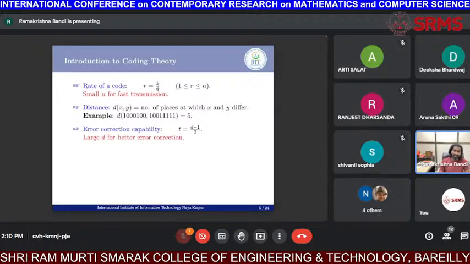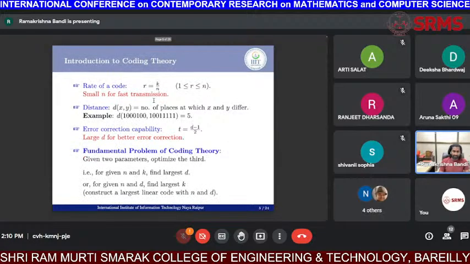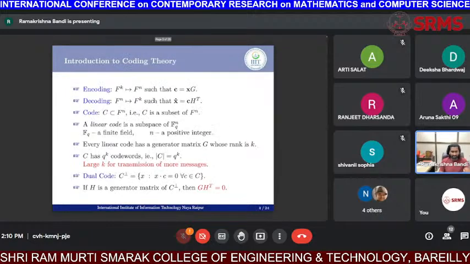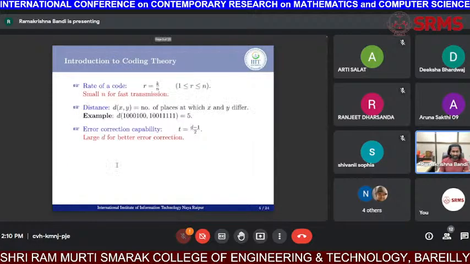But small n doesn't mean that it is equivalent to K, because if it is equivalent to K, then there is no conversion of a K length vector to an N length vector. So we have to take a sufficiently small n. If you look at these parameters, there are three things: a distance parameter, a length parameter, and the dimension. If you want to send more code words, we have to have K large. But if I take large K, then the rate is improved, but N becomes small. But if you increase K, then N should also be large.